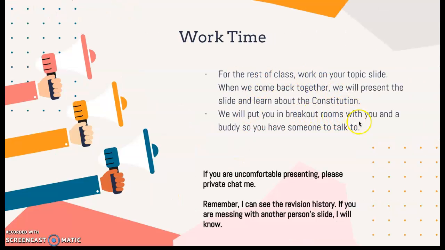We spent about 20-25 minutes in class working on this to try to put together that slideshow. We will then be presenting these slides. So if you're uncomfortable presenting, I'm going to ask that you reach out to me so that I know to come up with an alternative for you. And we're all working on the same document, and I'm going to show you that here in a moment. So just make sure to just focus on your slide, not be going to other people's slides.